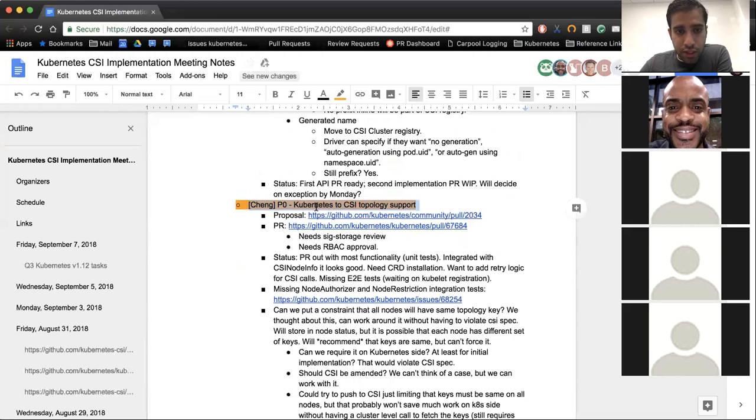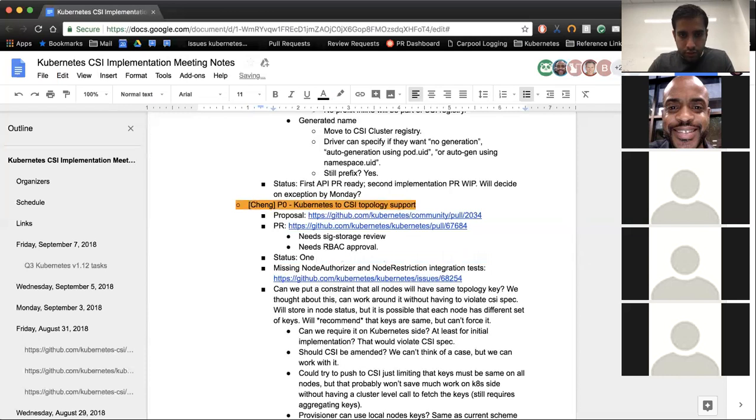Last one was Kubernetes to CSI topology support. Chang, do you want to give a status update on this? Sure. So basically, one of the major concerns we had around this PR is the fact that Kubelet self-labels for topology. And so when one of the nodes gets compromised, it could potentially affect how workloads are scheduled by the scheduler.